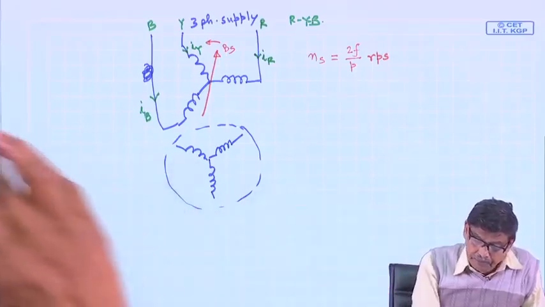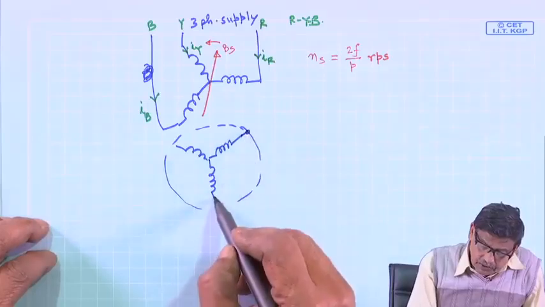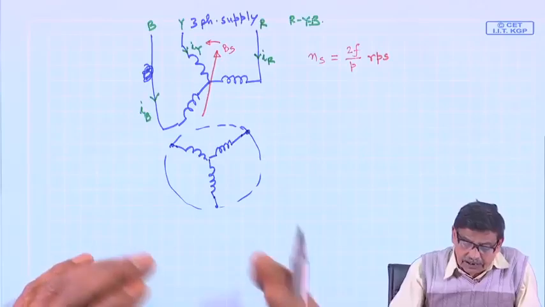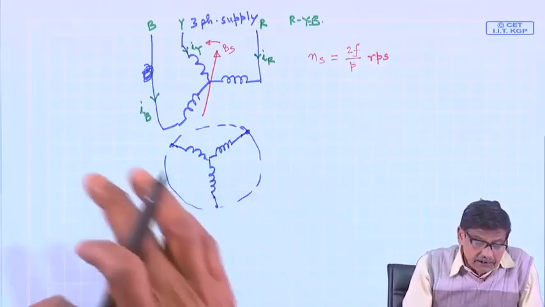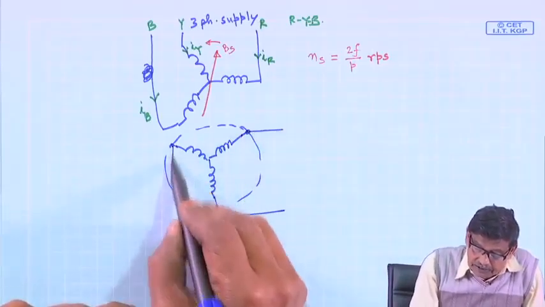And there is a rotor as well, and if the rotor terminals are open circuited, forget about any torque, because there is no rotor current, so there is no rotor field. But under the scenario when these rotor terminals are shorted,